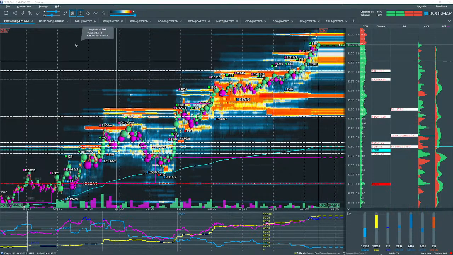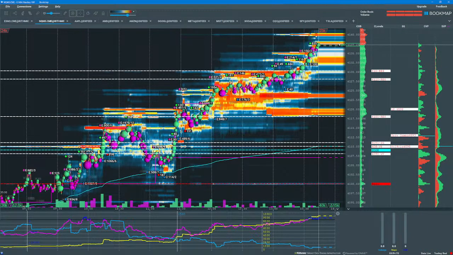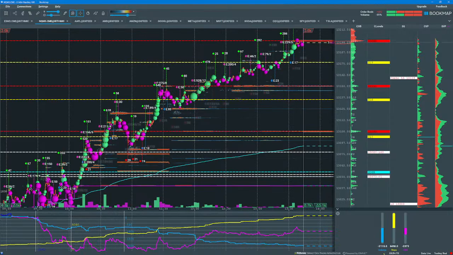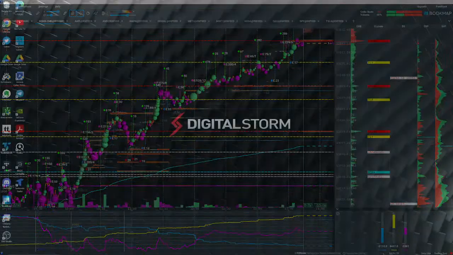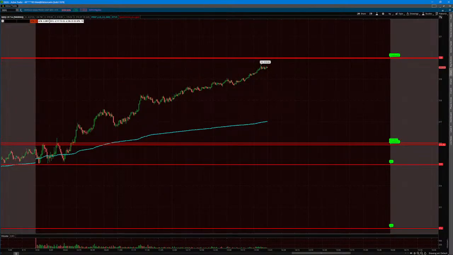S&P 500. Let's talk about the NASDAQ. And for the NASDAQ, I do have the QQQ chart showing the key levels. And this is again for QQQ and SPX 1 day, 1 minute chart.